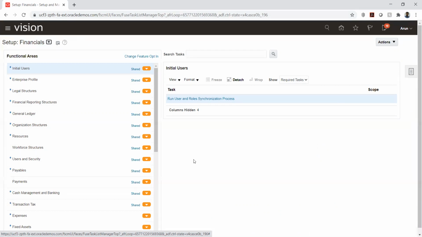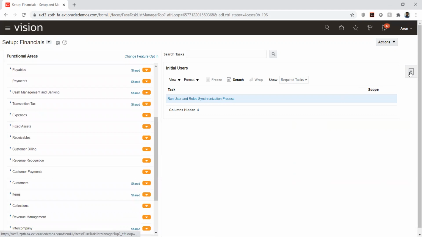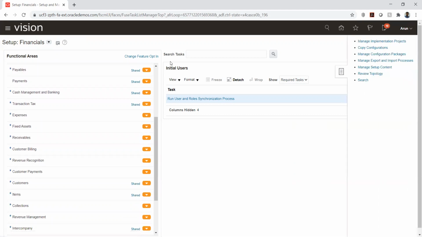If we are going to create a business unit, where will we create it? Basically we will go to the implementation. I'm not able to see this since I haven't been attached to any project. To see the list of activities, I need to first attach the user with the project. So I'll take you through the implementation project first, and after that I'll explain this.